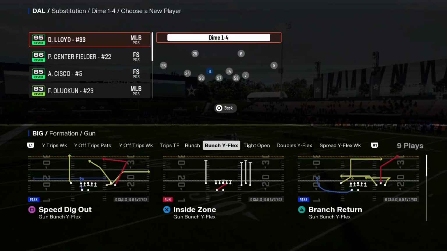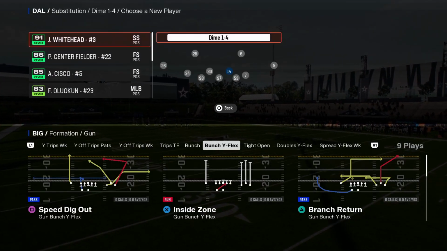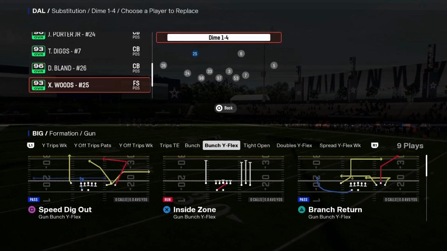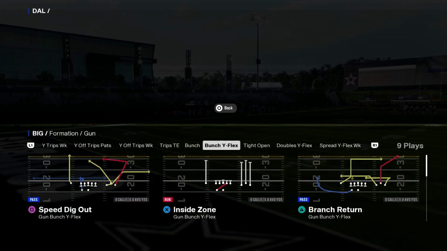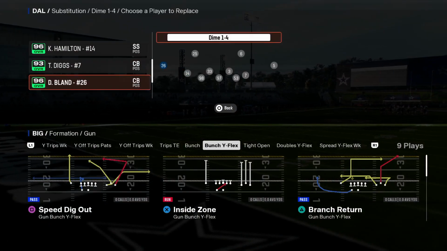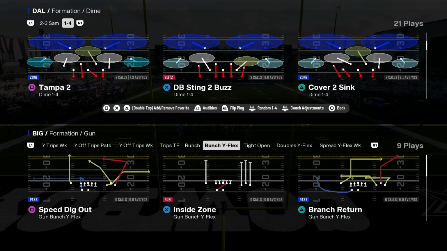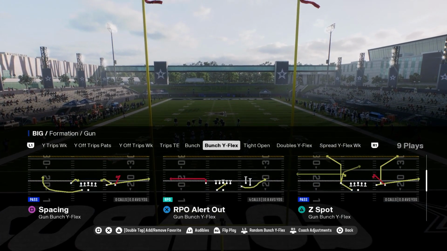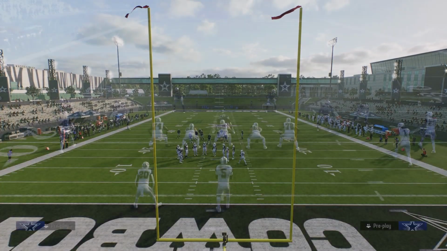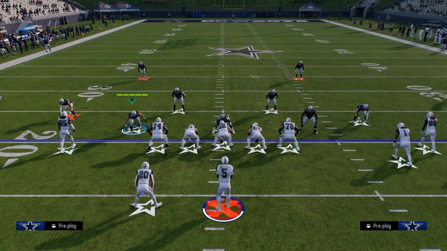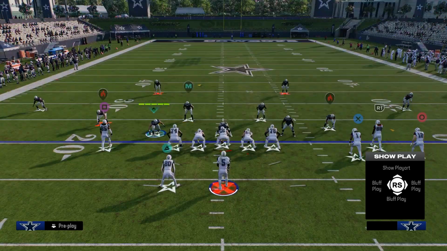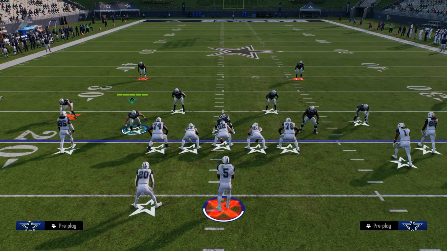Let me put my user. Let's put Hamilton down here actually and put Porter up top. There we go. Okay. So we have mid zone KO. Because of mid zone KO, you don't have to bring your safeties into the box. Now, what's really cool about this, in my opinion, is cover 2 is equipped to handle